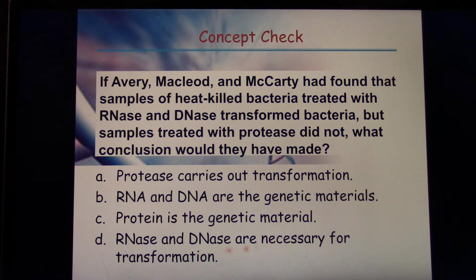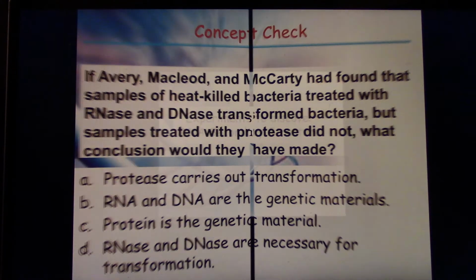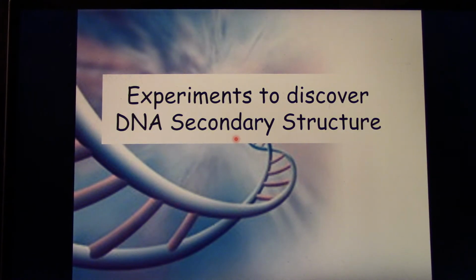D, RNAs and DNAs are necessary for transformation. Nope, that's not true. So C is the answer. Protein is the genetic material according to this experiment. And this is just a what if. Okay, this isn't reality, but this is a way we can ask a question to see if you understand what happened in the experiment. So you should know how to answer a question like this. Okay? All right, experiments to discover DNA secondary structure